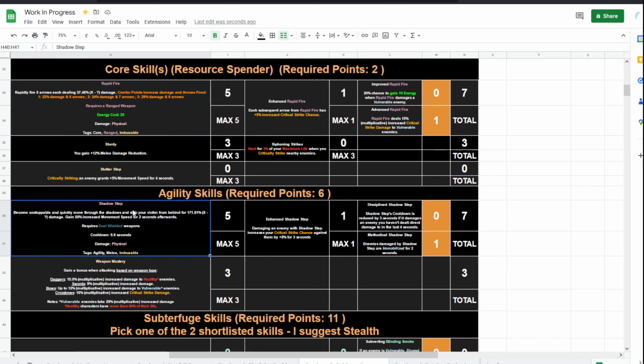9.8 seconds. So this shadow steps behind the enemy, so you backstab them, and you gain 50% increased movement speed for 2 seconds, which again, not something I care much about, but it's nice. This one can be imbued with our freeze, with our coat. Damaging an enemy with Shadow Step increases your crit strike chance against them by 8%, which is perfect to initiate